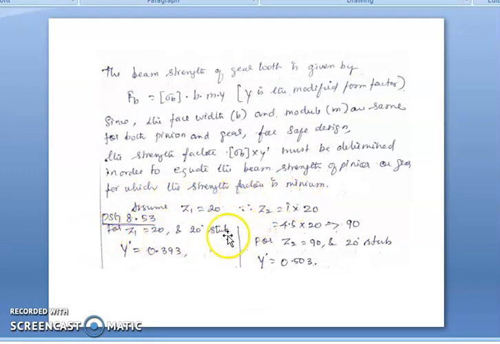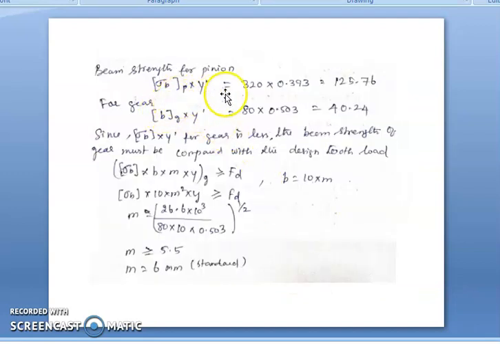Based on the formulas, we can predict Y dash. For the pinion it is 0.393, and for the gear it is 0.503. So based on the strength, since the gear material has a lower strength, the design is based on the gear material. So based on this formula, sigma B into b into m into Y, which is compared